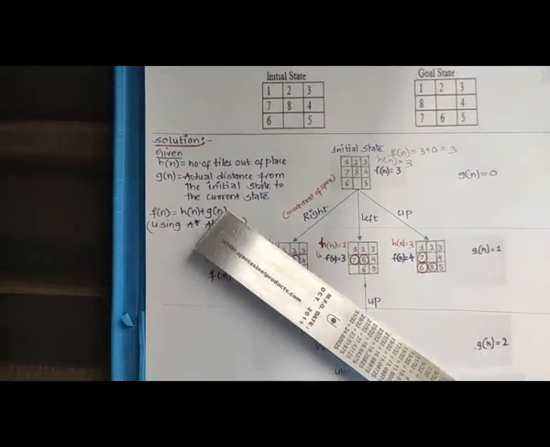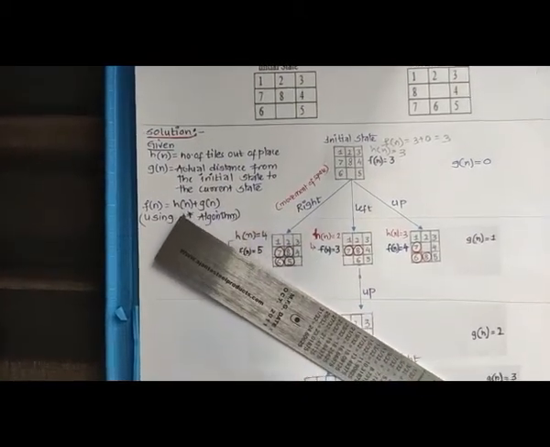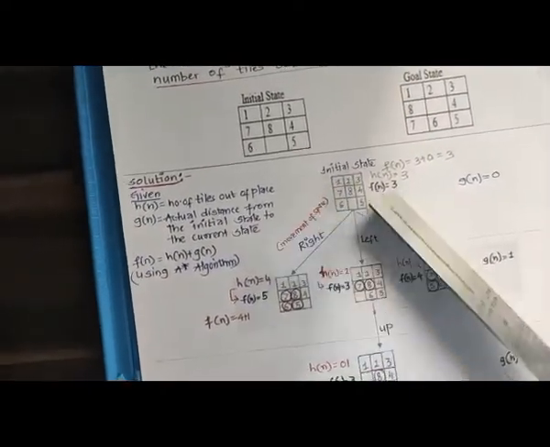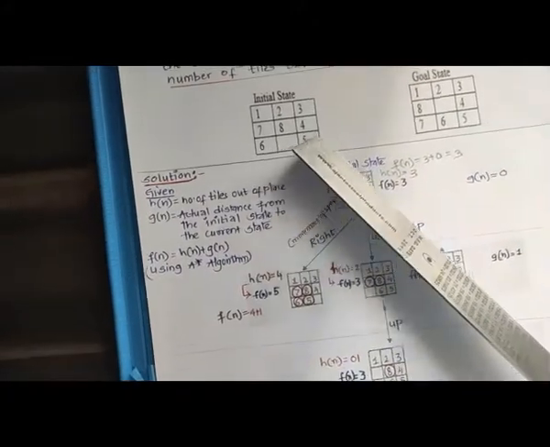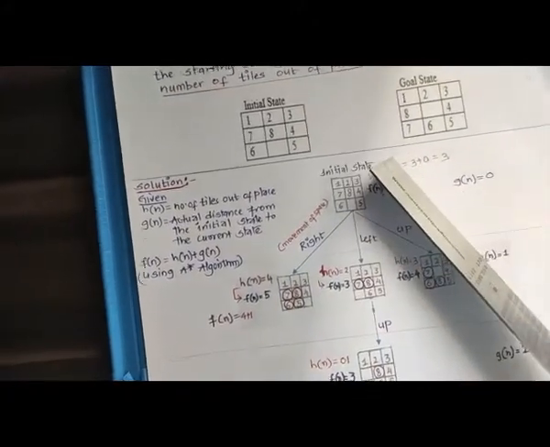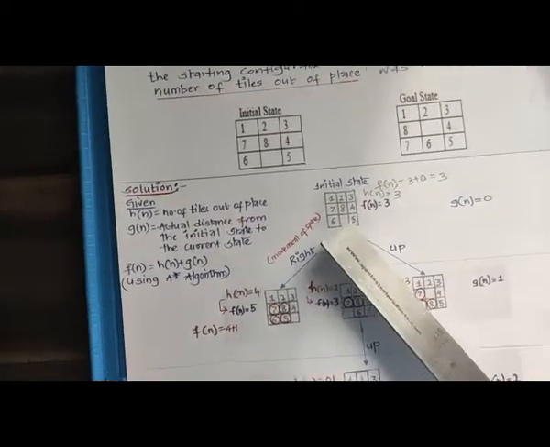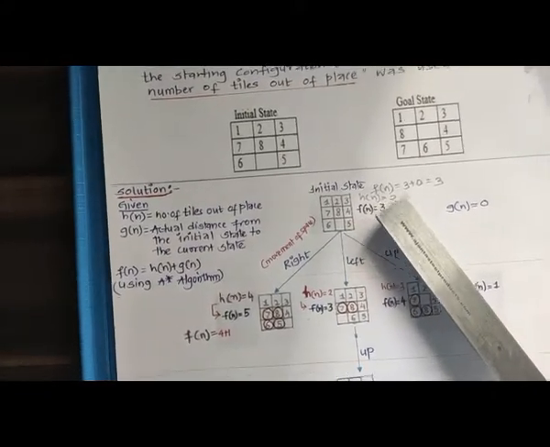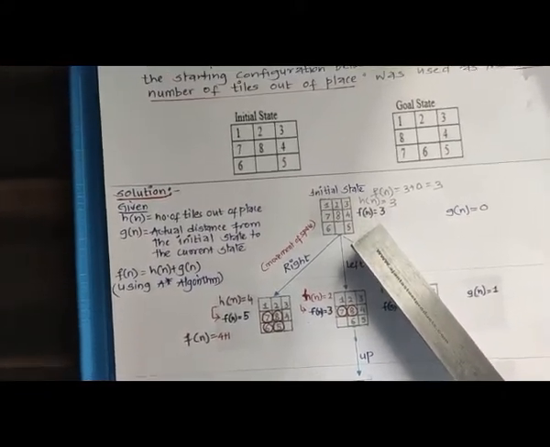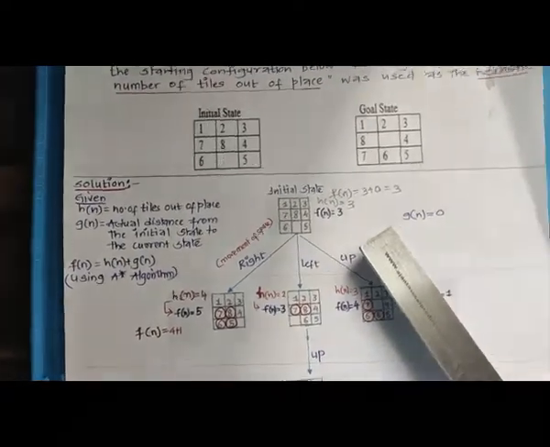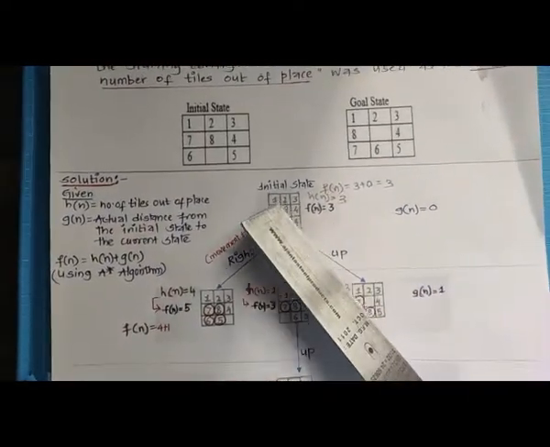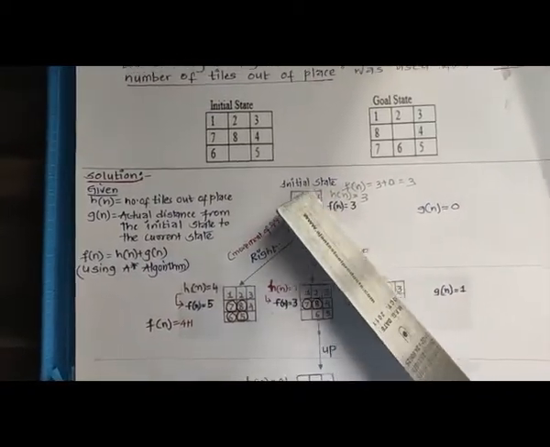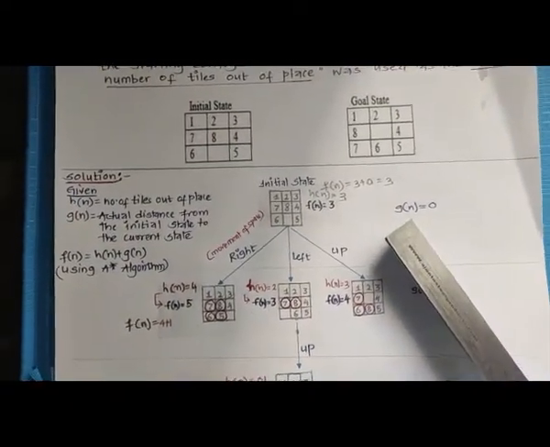Now, if we use this particular algorithm to solve this problem, what we need to do is start with the initial state. This is our initial state, and somehow we need to reach a goal state. So we start with the initial state. At this particular point, my f of n is equal to h of n plus g of n. Here g of n is equal to 0. Why 0? Because our current state is the initial state only, right? So g of n becomes equal to 0.